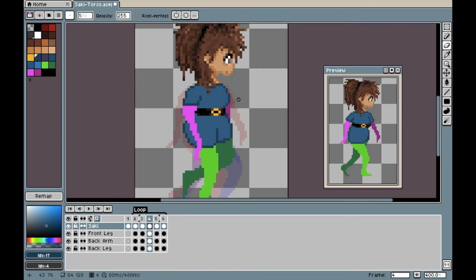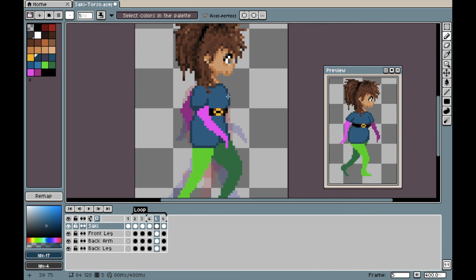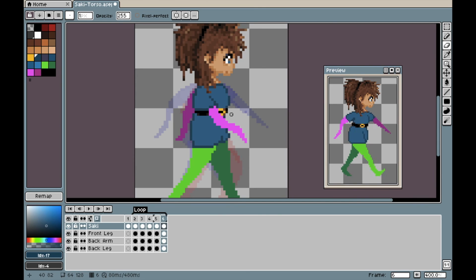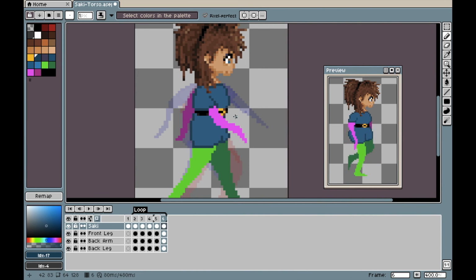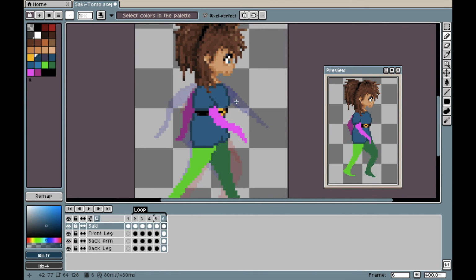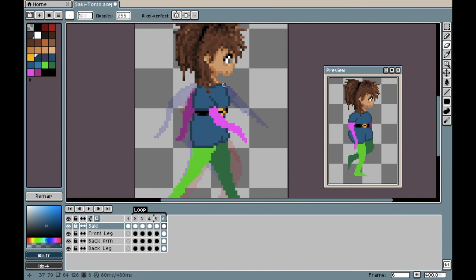Now we need to tween the animation by creating the in-between frames that will sit between the keyframes. The process is exactly the same as creating the keyframes, and the limbs will be moving towards their next keyframe. Otherwise, there is nothing special about in-between frames versus keyframes. They just smooth the animation out. Once you've created your in-between frames and are happy with the motion on previewing the animation and after refining, this